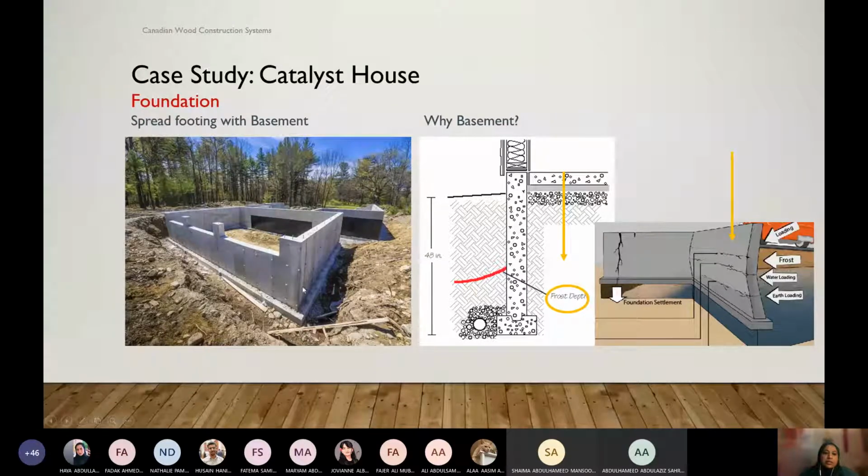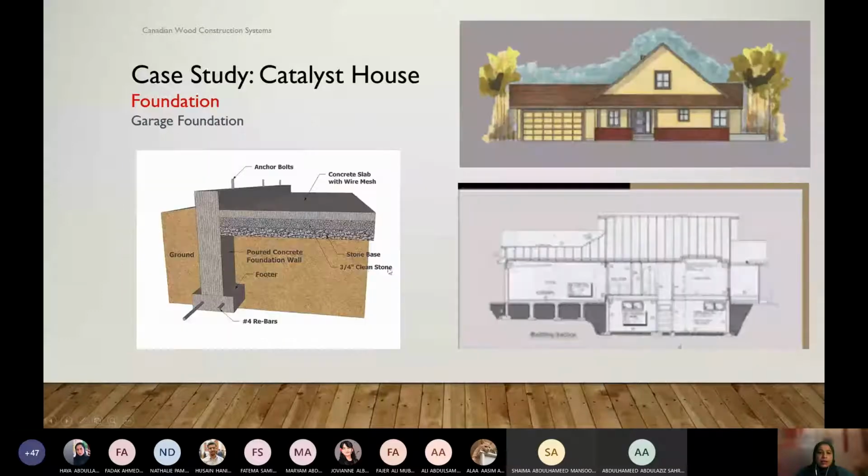This is an image of a common, standard foundation system here, whether it is residential or other small scale light wood frame construction. This house, as I said, has an attached garage.